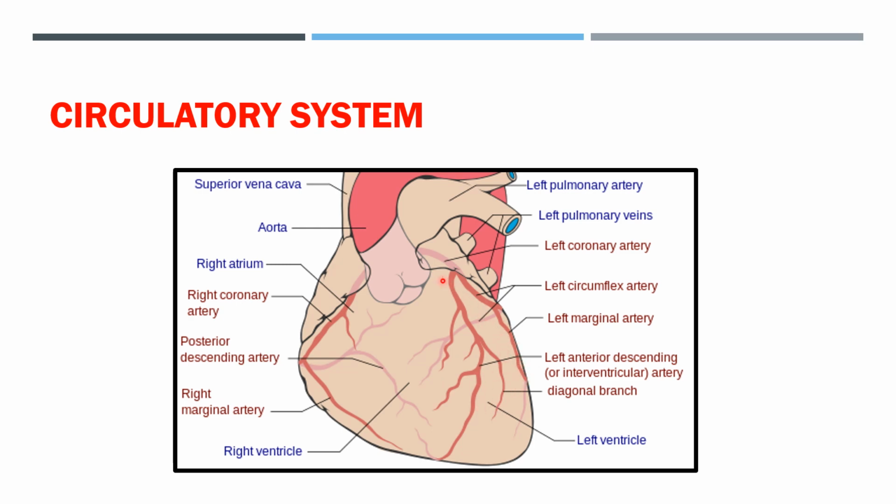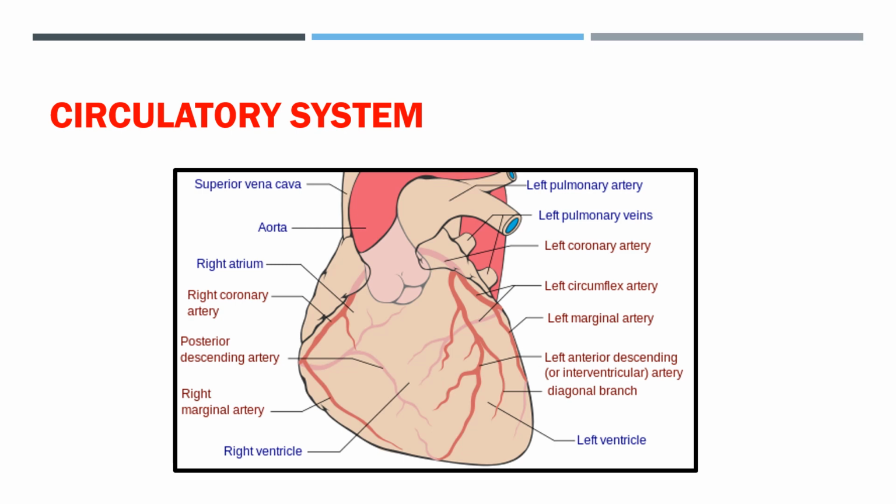According to the artery that supplies the posterior wall of the ventricles, a person is said to have right dominant or left dominant circulation. If the posterior descending artery is supplying the posterior wall, we call it right dominant circulation, and if the left circumflex artery is supplying the posterior wall, we call it left dominant circulation. Most people have the right coronary artery supplying the SA node and AV node.